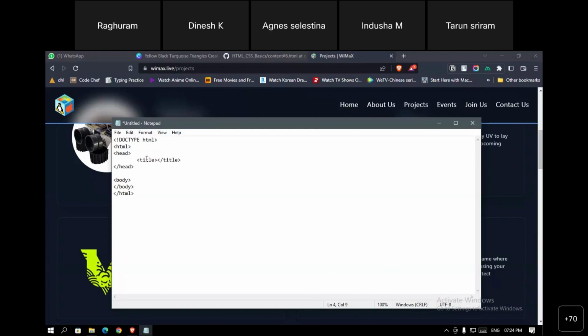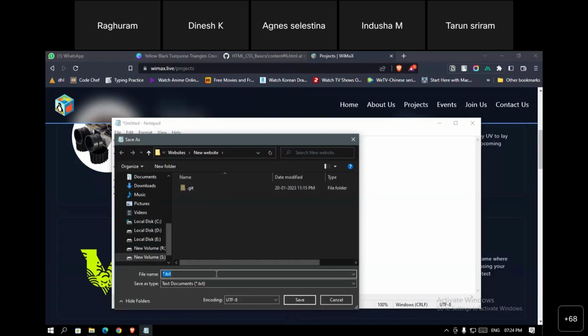So first, let's see about the heading tags. There are 6 types of headings in HTML that you can use. It is represented as H1. Now you have to save the text file as an HTML file. So we'll be using .html to represent that it is an HTML website. If you click save,